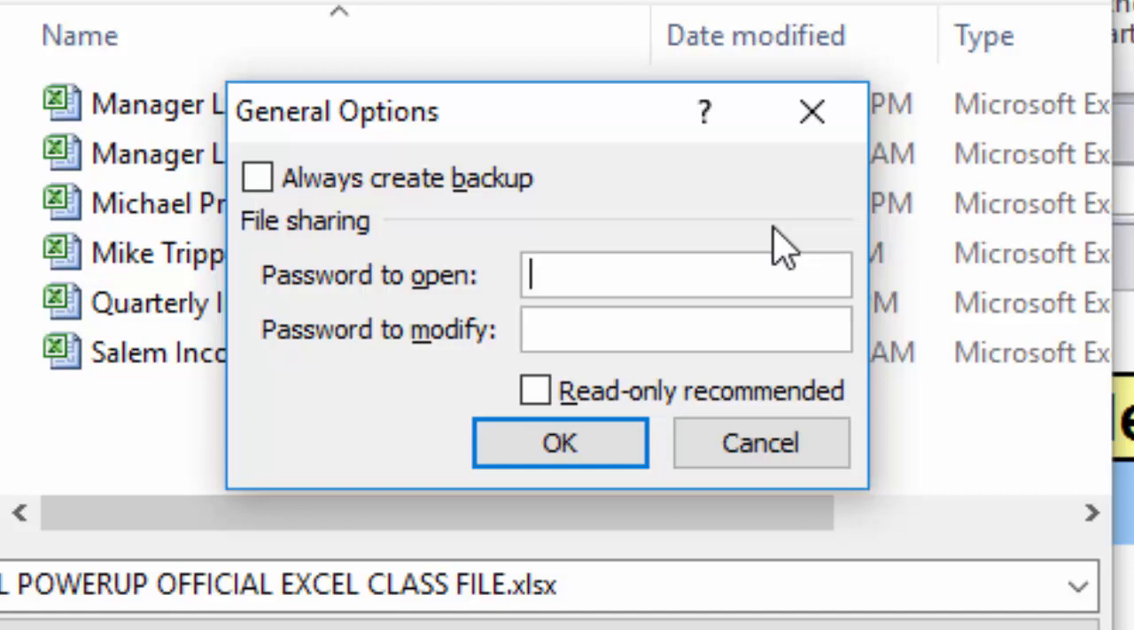So a lot of people falsely think that read-only recommended is airtight file level modification security, and it is not. The only option in here that is password to modify. So at the file level, these are your options for security: the ability to get into it or not with password to open, the ability to make changes to the original file with password to modify, or